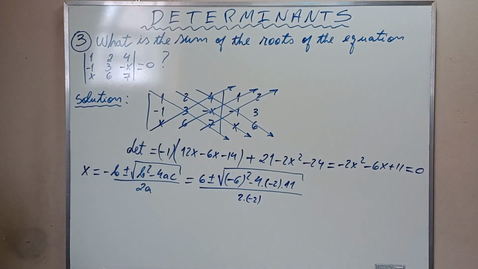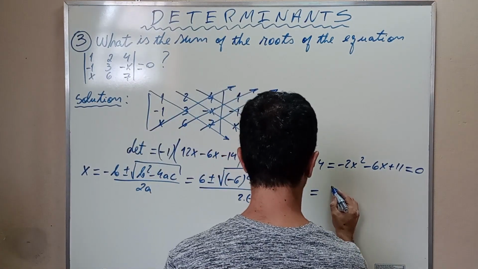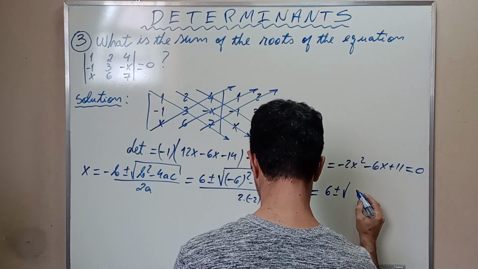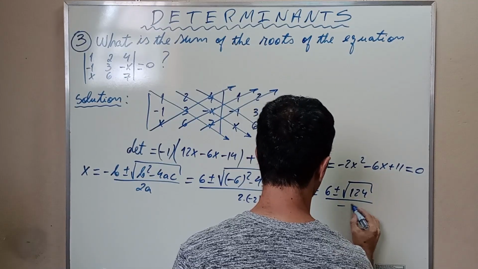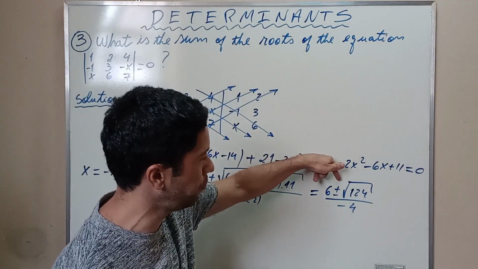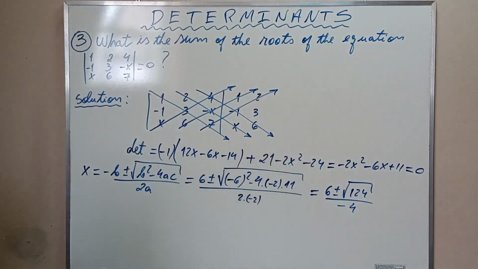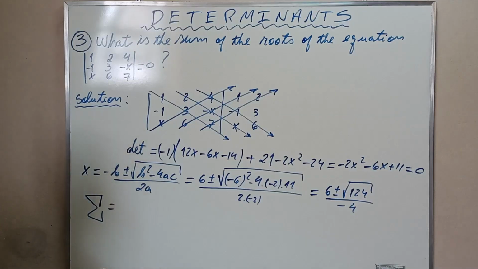Developing this, we find that x is equal to 6 plus minus the square root of 124 divided by negative 4, okay? The exercise wants us to find the sum of the roots. We have two roots. Observe here the plus minus sign. We have two roots. Then the sum is going to be, this is the symbol of sum,